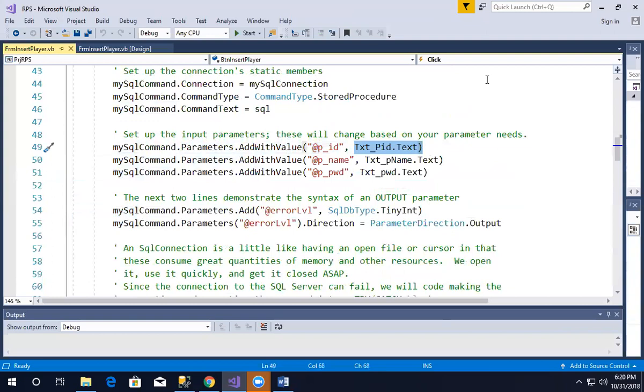txt_pid.text. My favorite one is to forget to put that .txt on the end of it and then wonder why it isn't working. I'm getting a compiler error. Oh, I hate it when that happens. If you don't put .txt on the end of it, it won't work